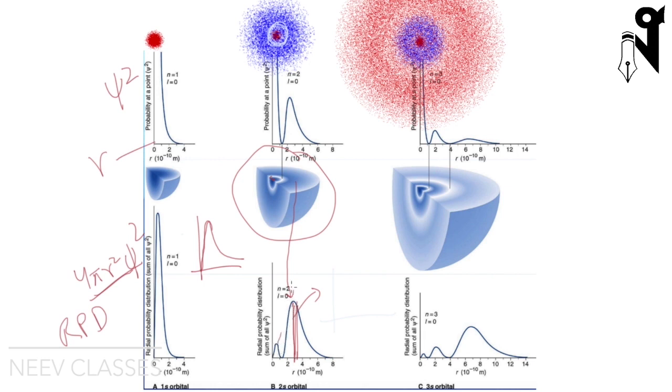So what is it telling you? What is this graph telling you? This graph is telling you a very funny story. It is saying that 2s is not one sphere, but it is two spheres, with higher probability of finding on the outer sphere, because this probability is higher than finding in the inner sphere. And your